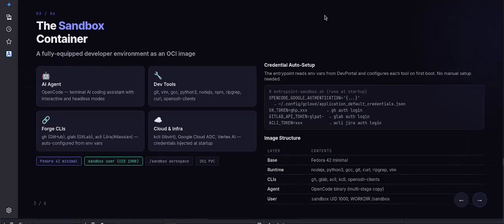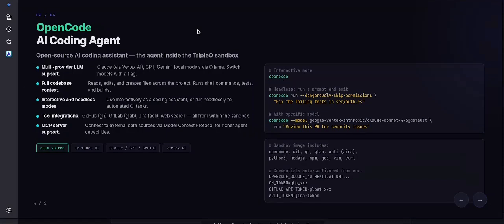And we use some tools like acli and Google Cloud for working with libvirt and to download, for example, cloud logs from Google Cloud for Prow and anything else. When running the sandbox, you can provide an environment file and it will configure and auto start all the tools for services that we have. For example, you can provide your GitHub token, GitLab access token, acli token from Jira, and it will configure everything on the start.